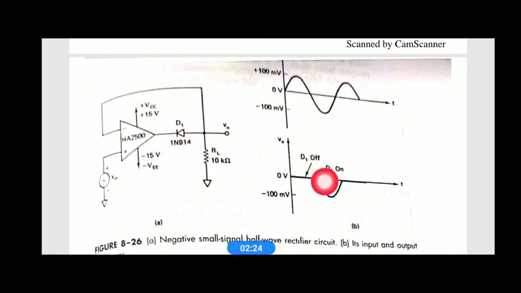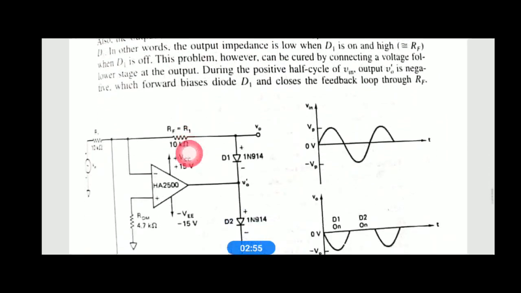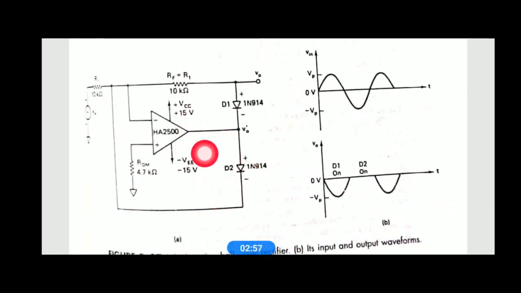So therefore, for some initial value of voltage at the negative cycle, we are not getting the output here. So the output shape is a little destroyed, right? We will not get a proper negative output, or we can say the output we are getting at the negative takes a little time. To avoid that saturation problem, we use this circuitry where we are using two diodes, D1 and D2, right.